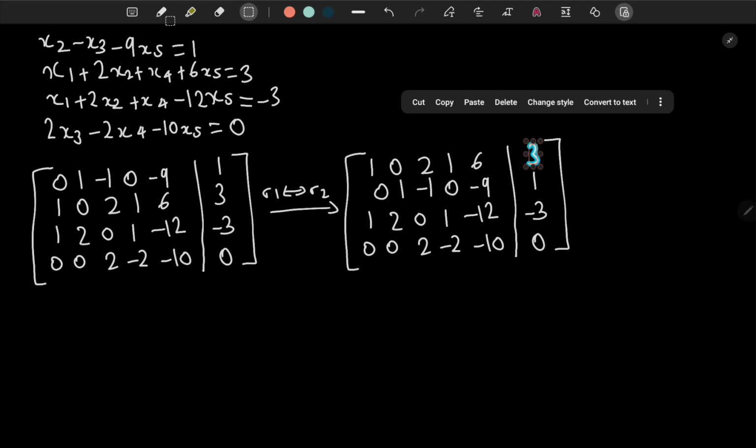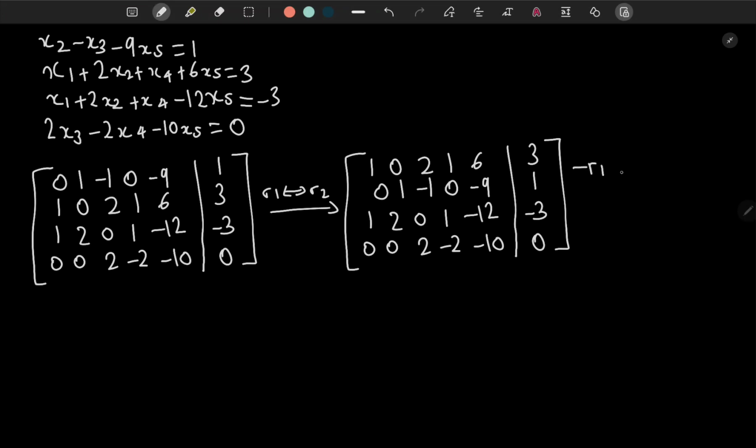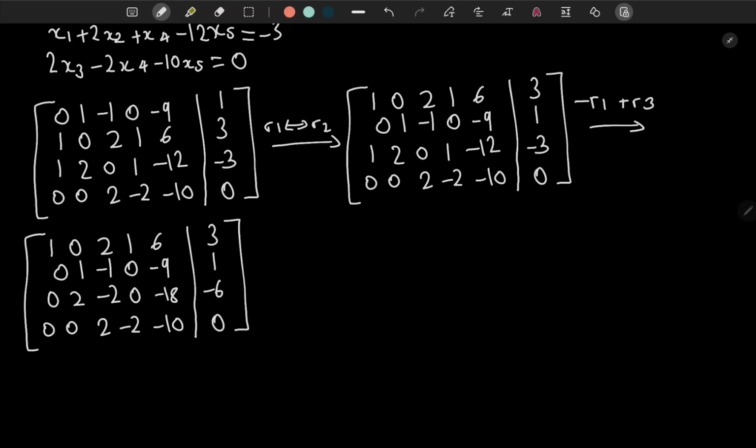And our next operation will be to get rid of this 1 in row 3. So we will do minus R1 plus R3, and you will get this now. And our next step: this is the first pivot, this is the second pivot in the